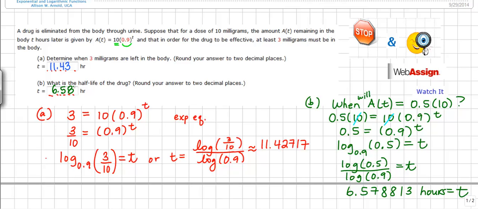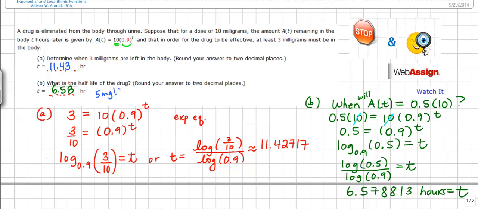is the half-life. Okay, now think about what half-life means for just a moment. Now we've solved the problem, but half-life means this. This is the time it takes for you to reach half of 10 milligrams. So that's the time it takes for you to reach 5 milligrams. So if it takes 6.58 hours for you to reach 5 milligrams, it certainly should take longer for you to graduate down to 3 milligrams. Particularly if at this stage we have 5 milligrams,